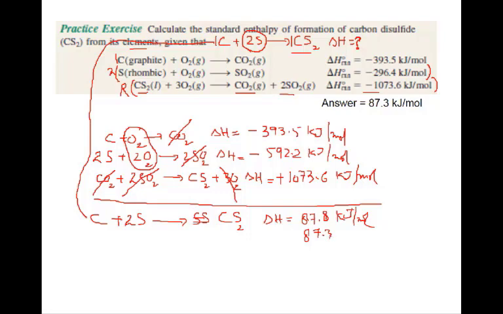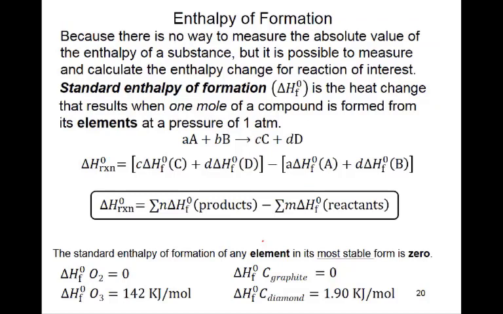Now we have to move to another formula to calculate the delta H. This was the first method. The other method is by the enthalpy of formation. Formation means to make anything. So when you make 1 mole of a chemical, the energy required is called the enthalpy of formation, or the standard heat of formation, and we write here delta HF. Before we were writing Rxn, which means the reaction. Either you write only delta H, or if you write F it means formation, and if you write Rxn it means reaction. They could be the same.